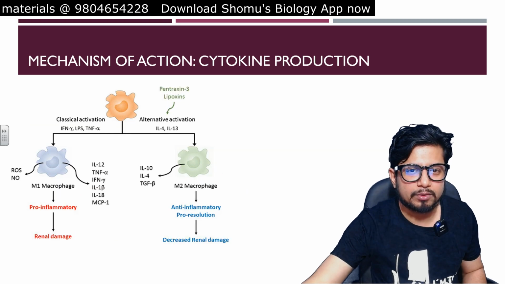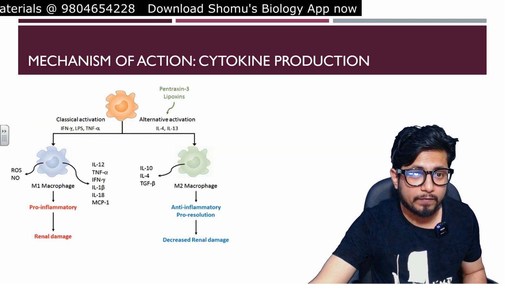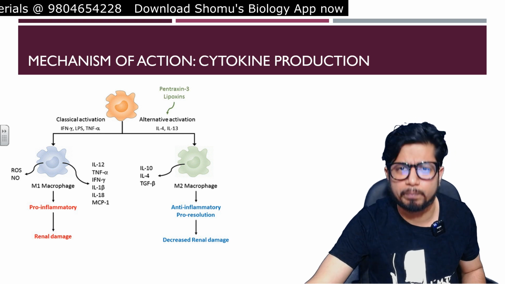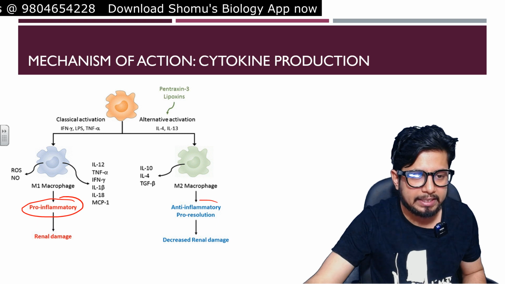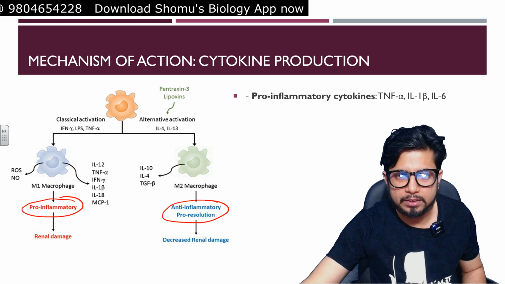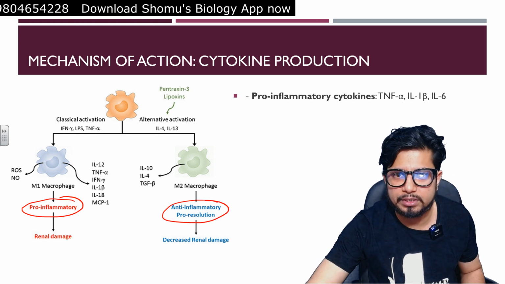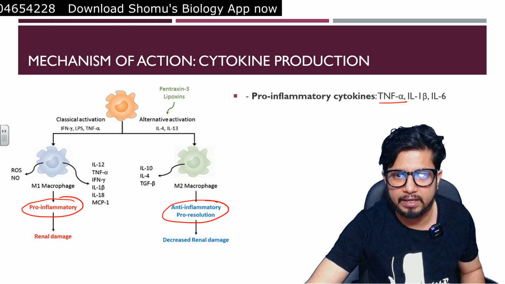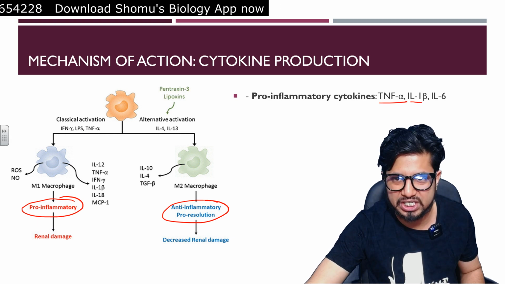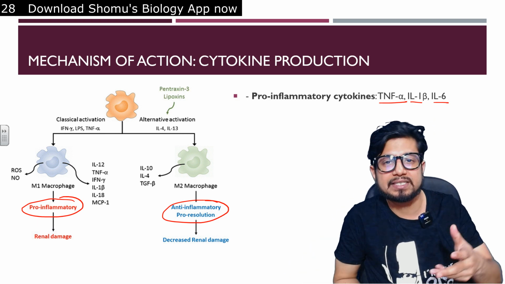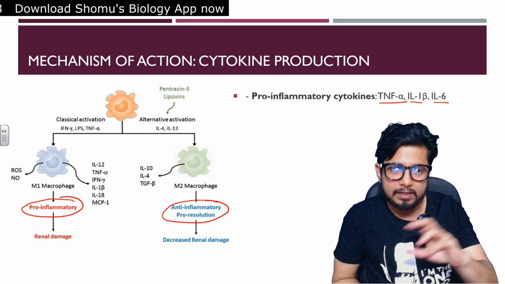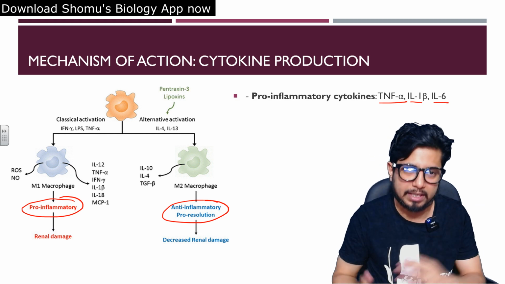Next is the cytokine production. The mode of action of the cytokine production: they produce multiple kinds of cytokines. They produce pro-inflammatory cytokines and anti-inflammatory cytokines, both. The pro-inflammatory cytokines, for example, are tumor necrosis factor alpha, TNF alpha, interleukin 1 beta and interleukin 6. These are pro-inflammatory cytokines. That means release of these cytokines causes a further activation of inflammatory response and a continuation